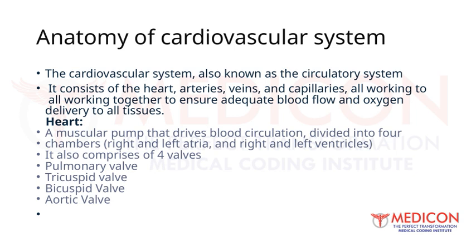In addition to these chambers, the heart contains four important valves. The pulmonary valve regulates blood flow from the right ventricle into the pulmonary arteries. The tricuspid valve controls blood flow between the right atrium and right ventricle. The bicuspid, or mitral valve, manages flow between the left atrium and left ventricle. And finally, the aortic valve controls blood flow from the left ventricle into the aorta, which then distributes blood throughout the body. Understanding these components is key because they work together to keep blood circulating smoothly, ensuring oxygen reaches tissues